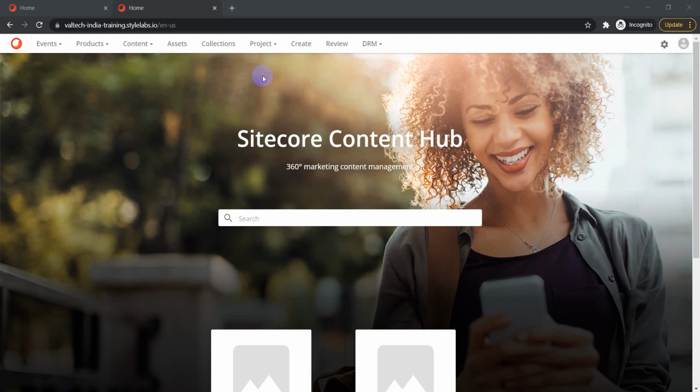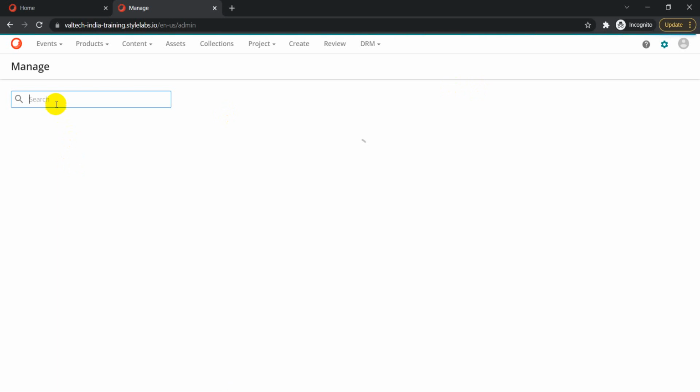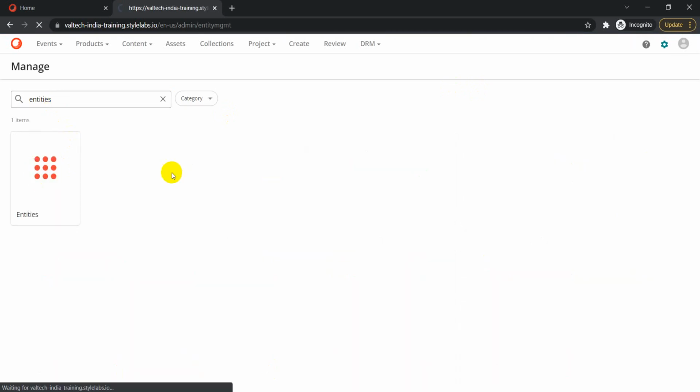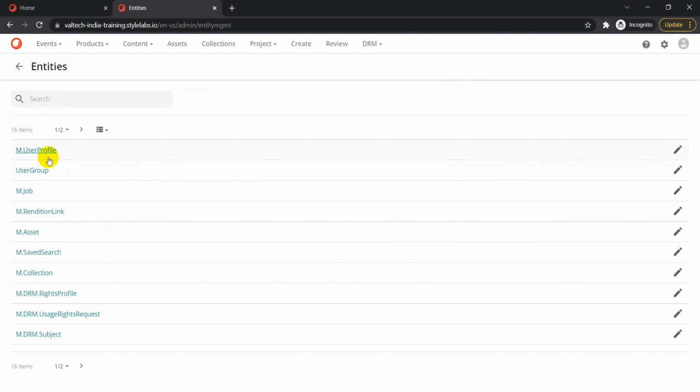In order to view the available entities from the platform, we can quickly go to our manage area, and on the manage area just search for entities. Here you can see the different entities which are available from the system. We frequently make use of m.asset, and sometimes we also make use of PCM.product, depending on whether you're using that module or not.